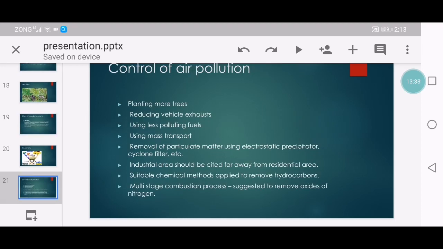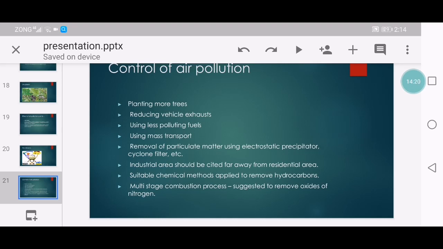Then control of air pollution. What can citizens do to protect themselves? Here are some instructions, like planting more trees to improve air quality, reducing vehicle exhaust, reducing emissions, and setting national standards that meet World Health Organization air quality guidelines. Turn off your engine, use less energy, don't burn your garbage, use less polluting fuels, use mass transport, and